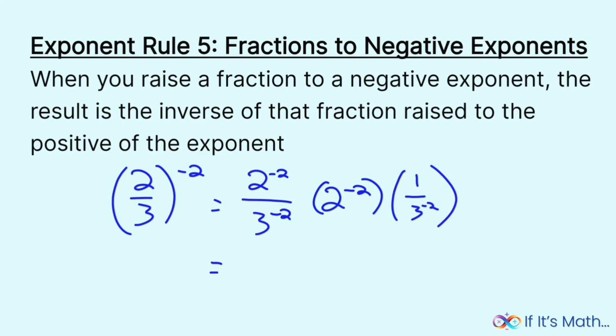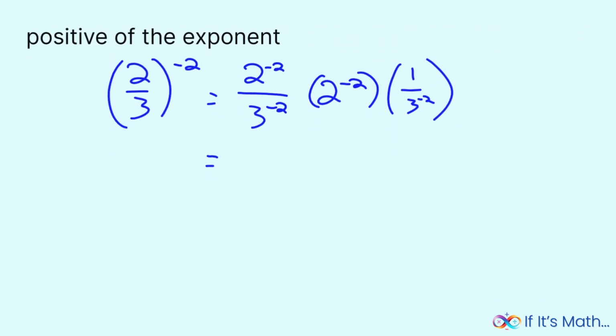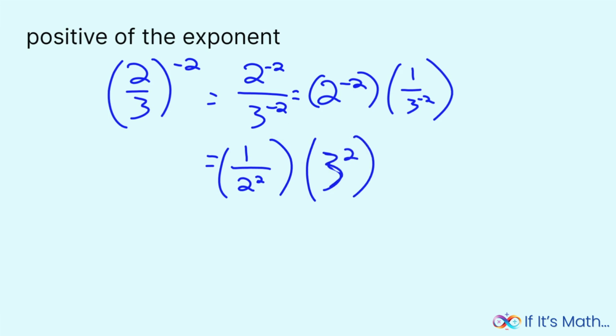And then if you continue from what we learned before, this 2 to the negative second is going to be 1 over 2 squared, and this 1 over 3 to the negative second is actually going to end up giving you 3 squared. So you put it together, you get 3 squared over 2 squared, which is